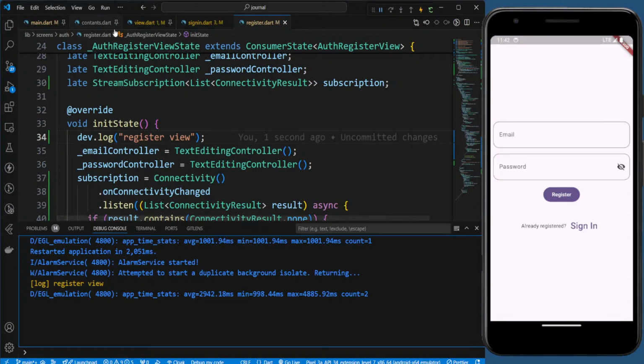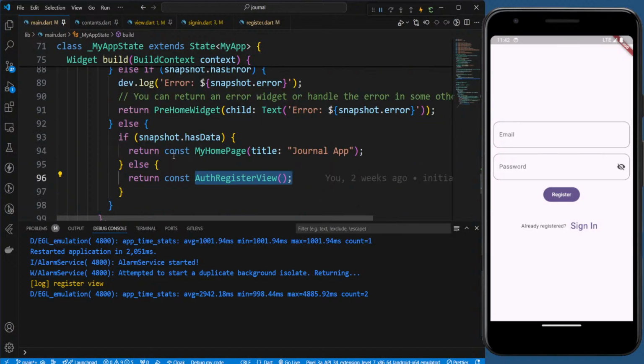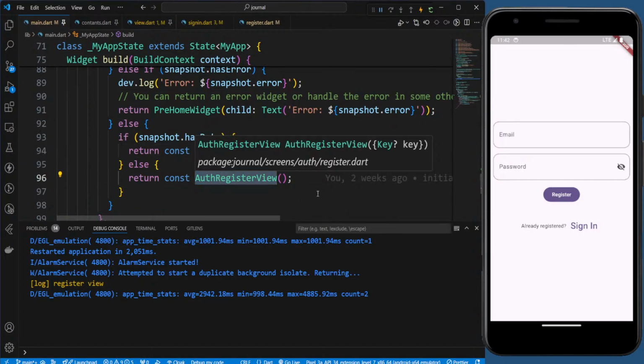So this is happening because if you see in the main, we're putting an option that either this page can be rendered or this one. When you enter this page, you are on the auth register view. If you're on this page, then it's okay. But once you start going above this page, right, that is so